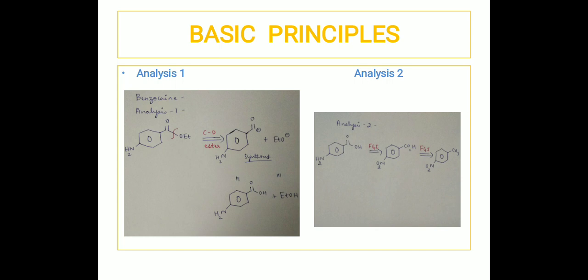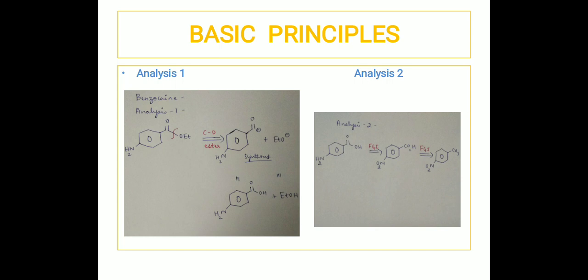Now, the next step is going to be writing the retrosynthetic arrow. So above the retrosynthetic arrow, we are going to denote the bond which is breaking. So here the C and O bond is disconnected. So above the retrosynthetic arrow we are writing C-O, and below that we are writing ester, because it is the ester which is going to be produced later on in the synthesis, right? So that's why we are writing C-O, and below that we are writing the ester.